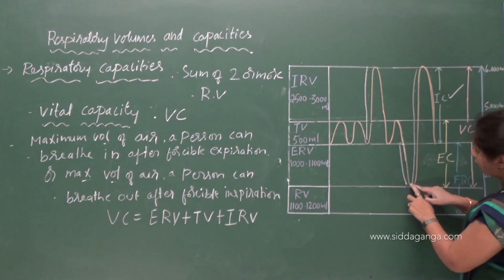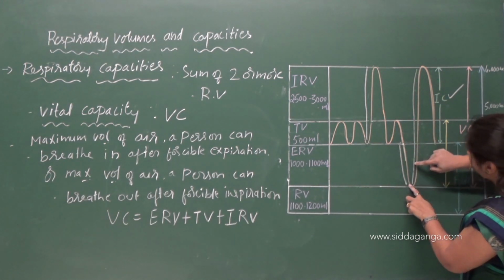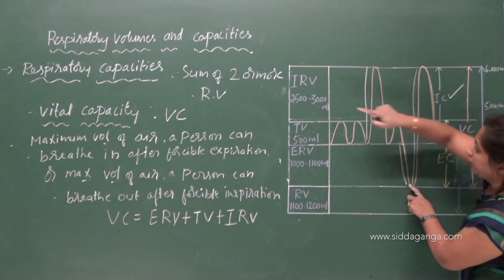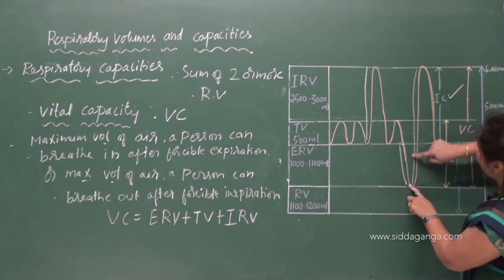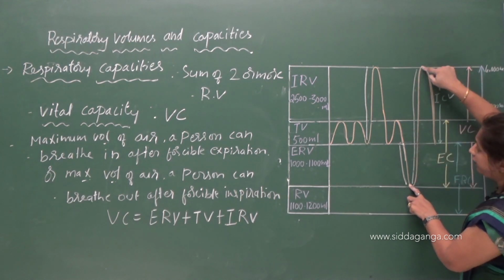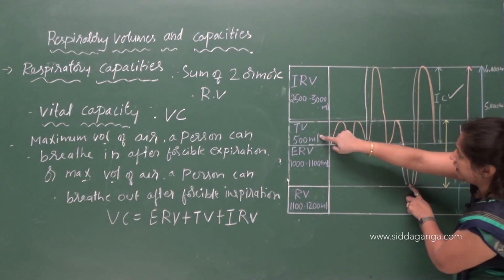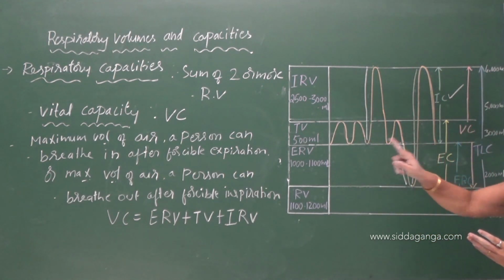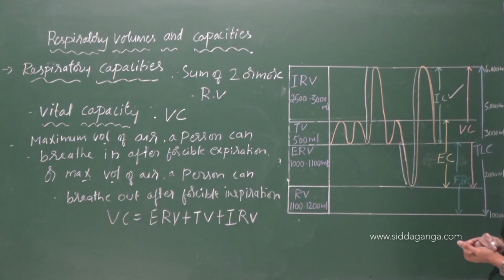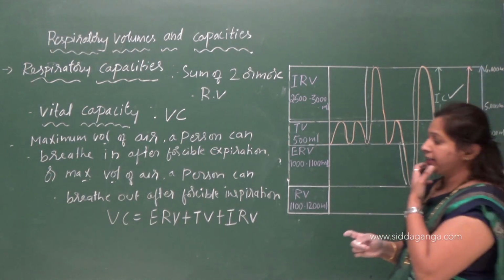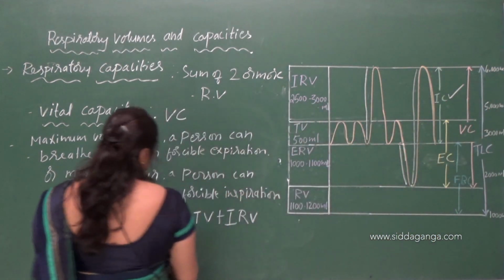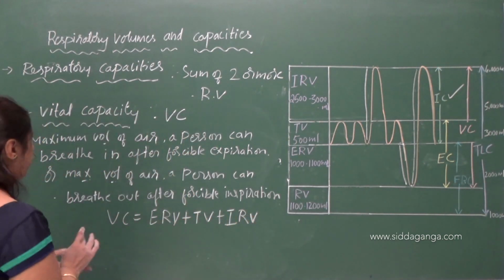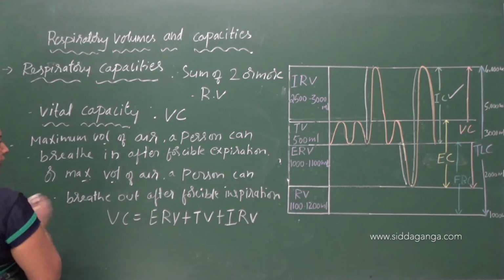So after forcible expiration we are able to take in all the three. We can take this much volume of air, that is, it includes ERV, TV and IRV. Okay, so that is the vital capacity. Understood clearly? So vital capacity includes ERV plus TV plus IRV. Understood clearly? Okay, then the last one is